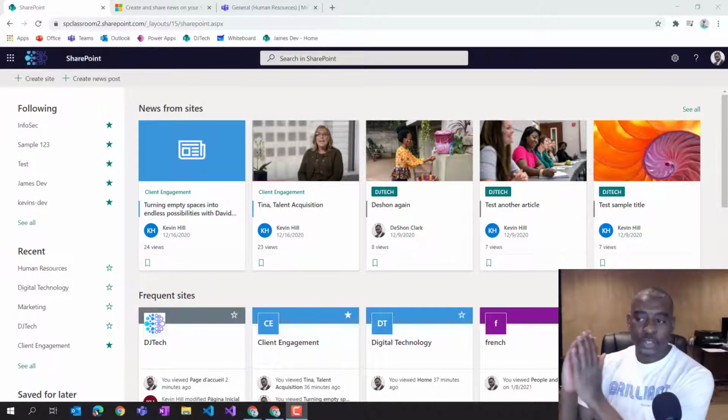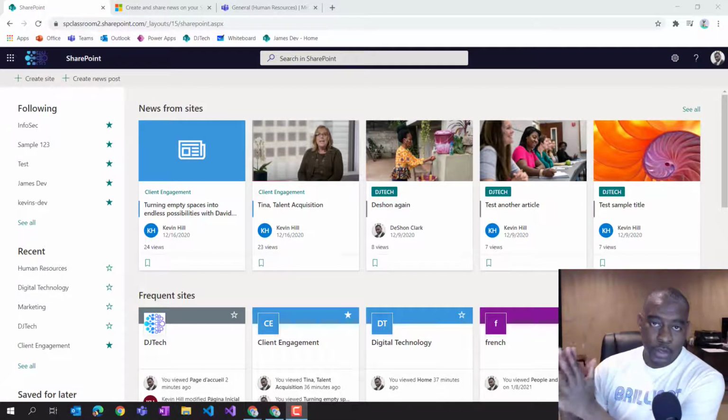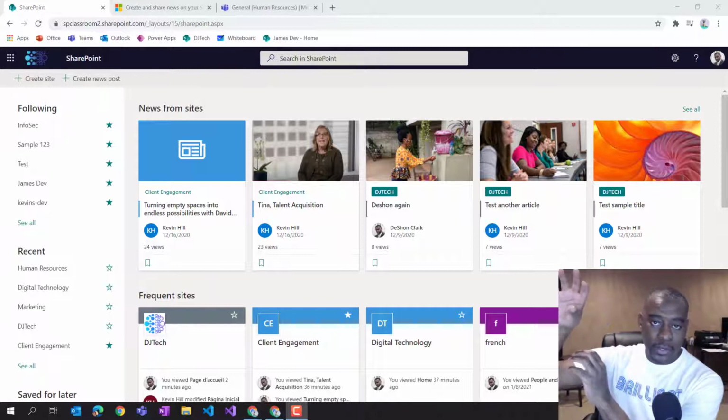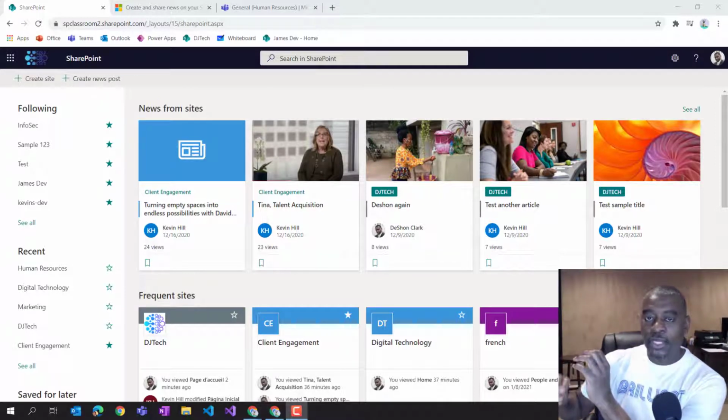Okay, so let's go ahead and get started. What we're going to do is talk about the new modern translation in modern SharePoint, and understand that the translation pattern for SharePoint and Office 365 Online has evolved over the years, right? So if you're dealing with SharePoint on-prem, especially with classic site collections, you're probably looking at variations, where you have a primary site and then sub-sites for all the different languages, all stacked in the same